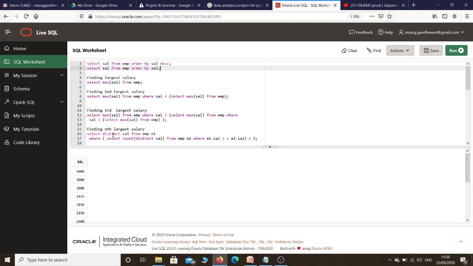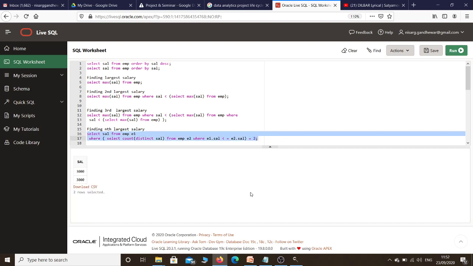Suppose we are not using distinct, then what happens? Let's check. Suppose I am not using distinct salary, and in that case you want to return the second largest salary. We know that the second largest salary is 3000. In that case, suppose I have not written the word distinct, what will happen? You already know about the distinct clause. The distinct clause is used to remove duplicate values in the query result itself, but it never removes any data from the original table. Now all of you see here, I have just removed the distinct word from there.